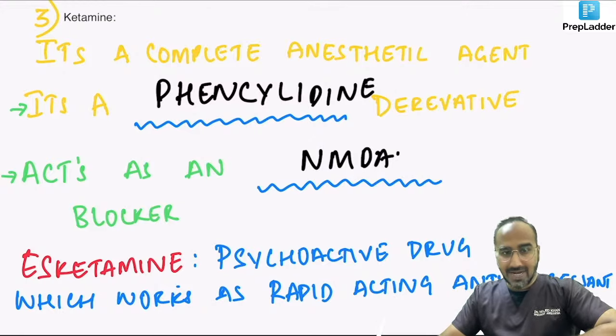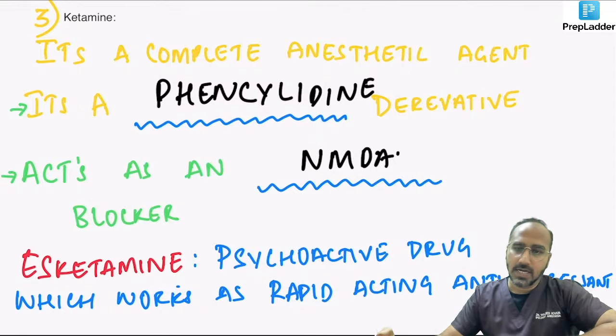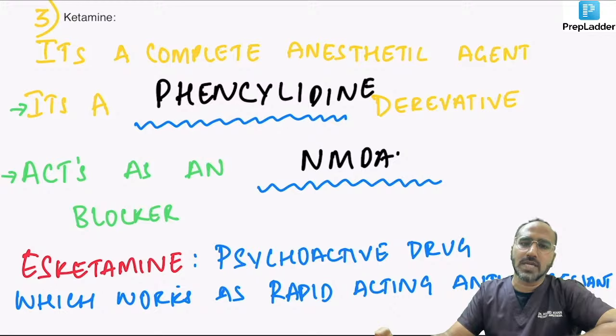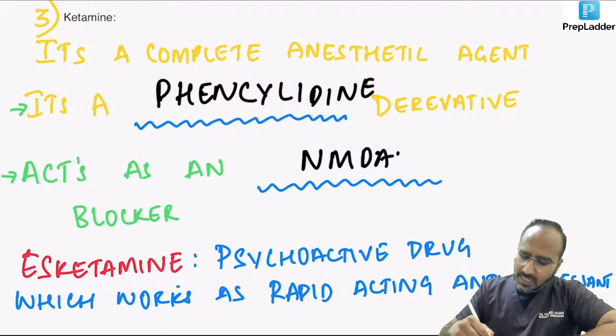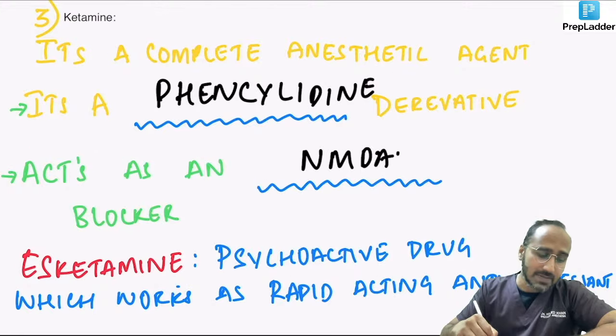There is one drug called S-ketamine, guys, which is a psychoactive drug which works as a rapid acting antidepressant. Okay, this was asked also recently. S-ketamine is given at a very subminimal dose, guys. 24 to 30 milligrams intranasally you give, which acts as a rapid acting antidepressant. Now, guys, regarding ketamine,